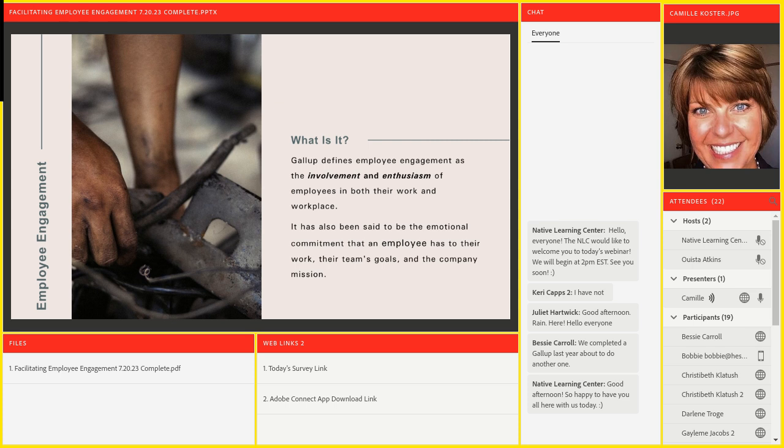So what Gallup's research proves is that when employees engage, they exert extra effort on the job. They go above and beyond their role. And I think all of us want to see that in our employees. I mean, we want to see that in ourselves. They're more productive, they're more profitable, and they're more focused on the customer. They have fewer safety incidents and are more loyal, or more focused on staying with the company, not moving away